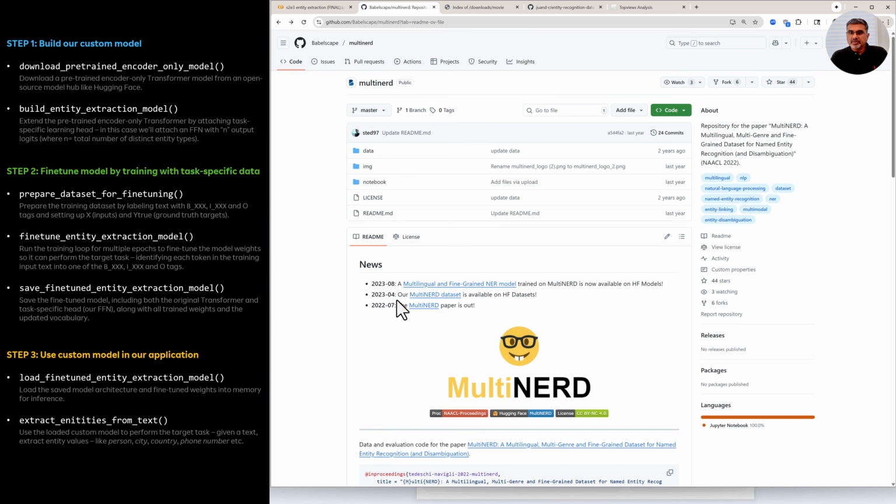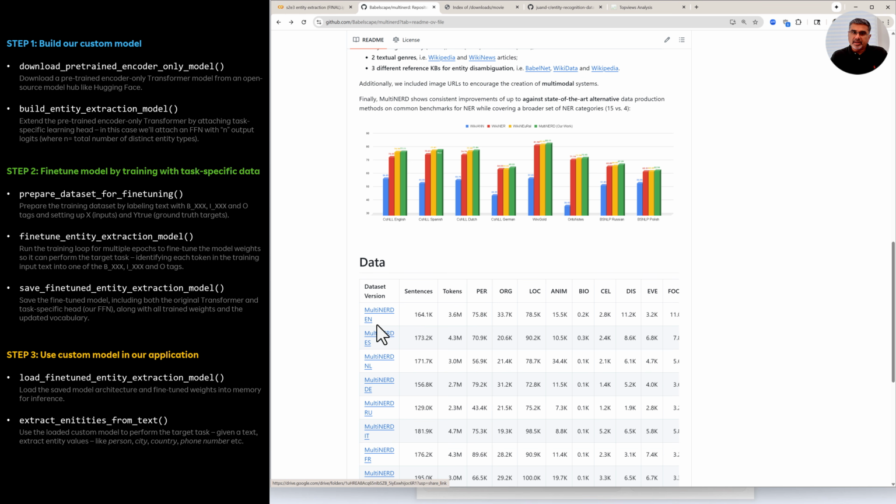In fact, there's a paper called MultiNERD, which shows all the things that they have done. I'm going to use just the English one, which has 164,000 sentences and about 3.6 million tokens, of which there are 75,000 or some such number of people names, 33,000 organization names, 78,000 locations,